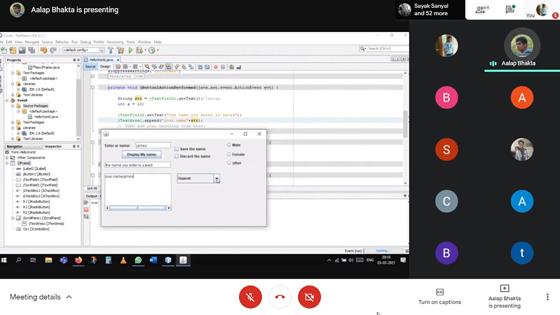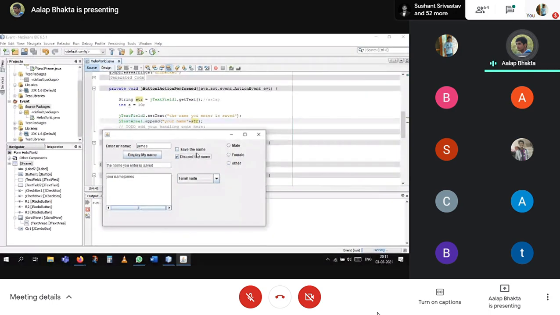For the combo box, see over here, whatever I choose is just a drop down. Whatever state or list item you want, you can choose. If you want to save the name in the database or discard a particular name from the database, you can choose this option, but I can't choose both. This is the use of the button group. The same thing works here. I want to choose the gender, only one, no other. A button group can also do multiple selection, but right now I'm using the default option, a single option you have to choose.